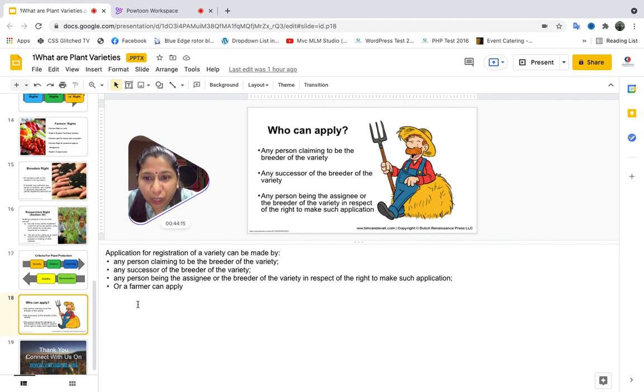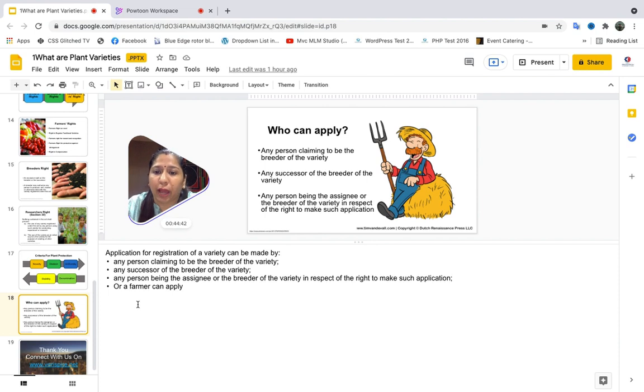So, a very important question now arises. We have covered what sort of plant varieties are to be protected. What are the rights given to the farmers or to the breeders? We also know that there is something called researchers' right, in which researchers are exempted from any charges. They can use the new plant variety for conducting experiments and research.